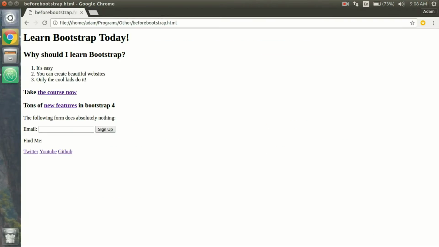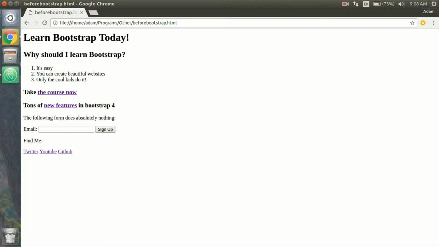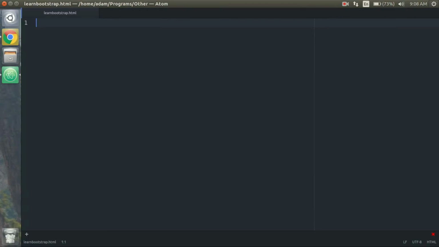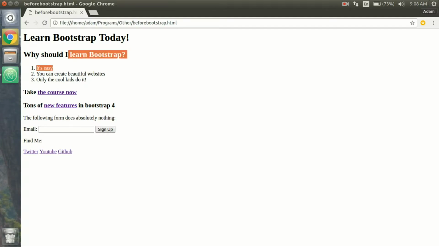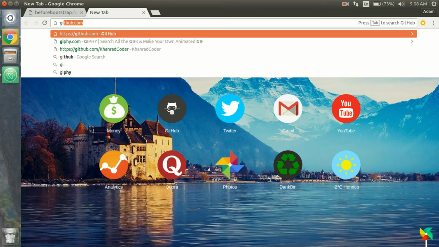Alright guys, so before we start working with Bootstrap, we need to make sure that we have the base code with all the text copied and pasted into your empty document file before we start adding Bootstrap. So I will have a link to the code, and you can just copy and paste it and then put it into here. Or if you want to find it directly on GitHub, all you're going to have to do is open up a new tab, go to GitHub,